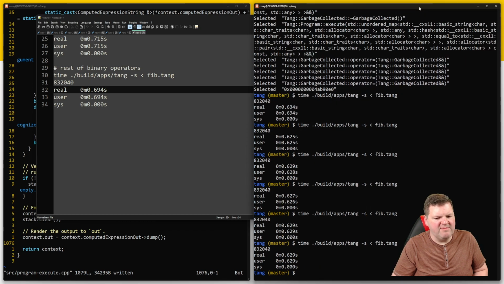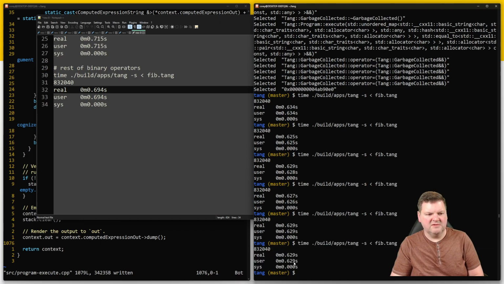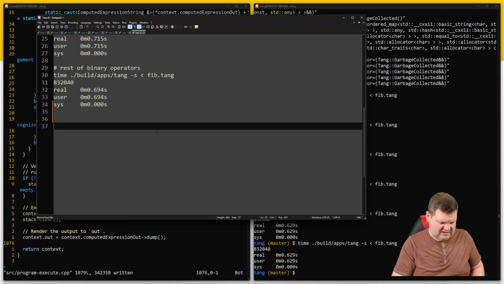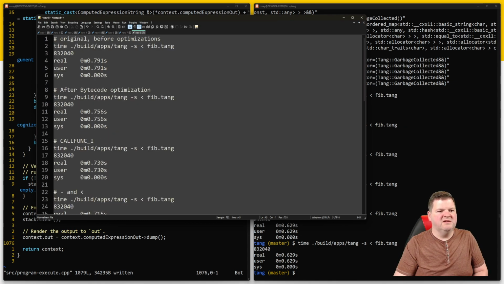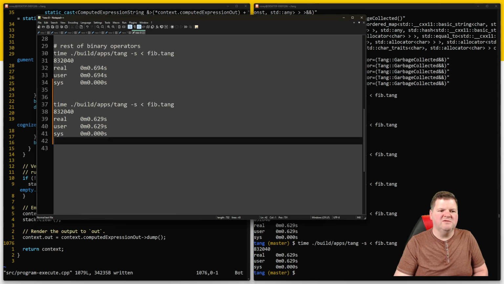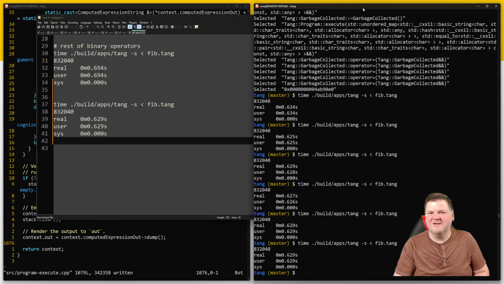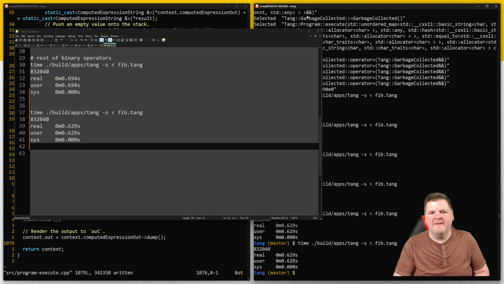That's not shabby. 0.629. That's pretty common. We're gonna grab that. And I'll remind you where we started, 791. So almost 0.8 and now down to hopefully close to 0.6. And